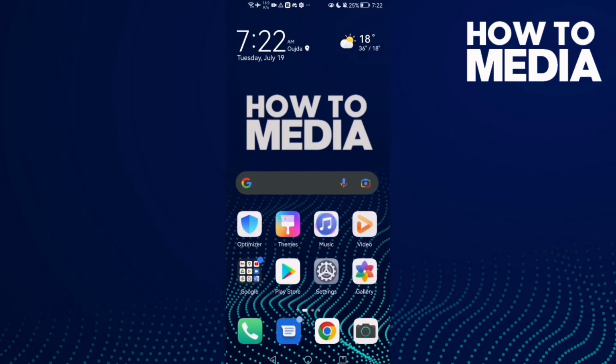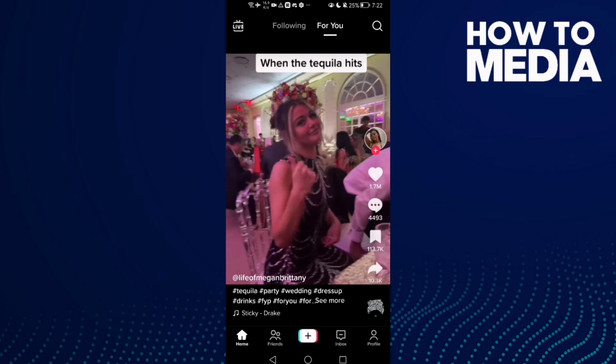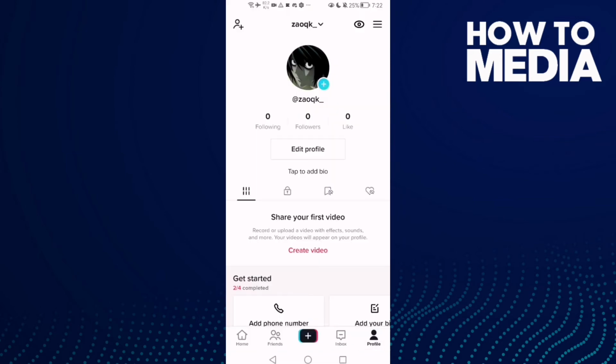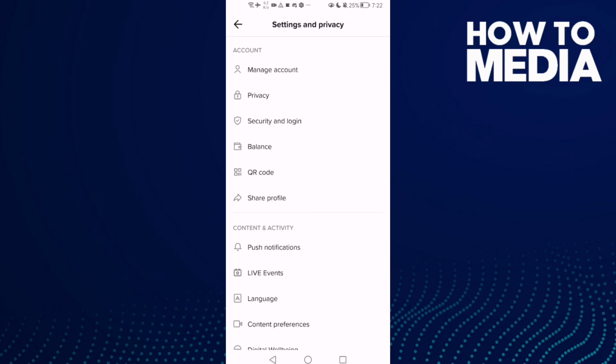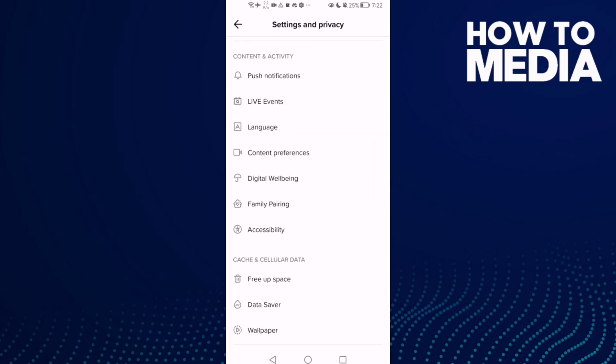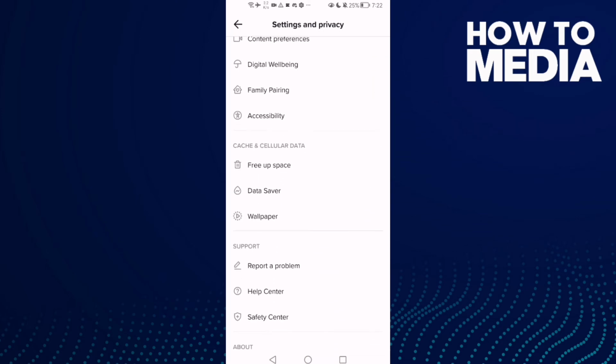First, open TikTok and click Profile, and here you will find these three lines in the top corner. Click on it and click Settings and privacy, and then just scroll down. Here you will find